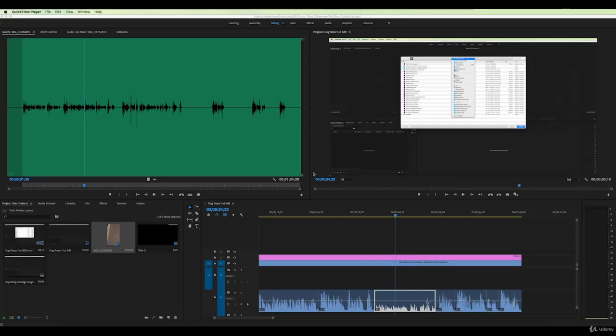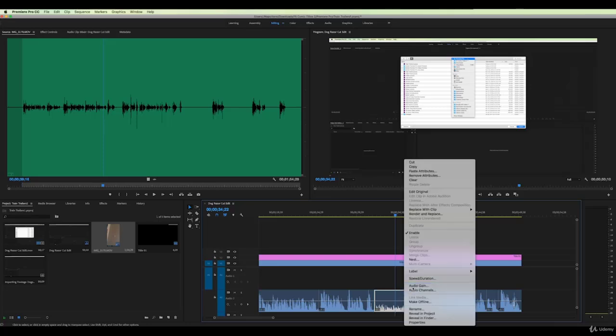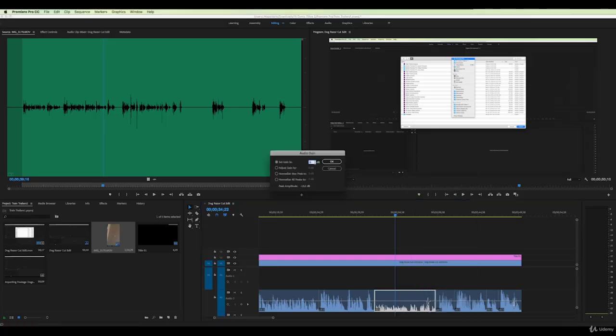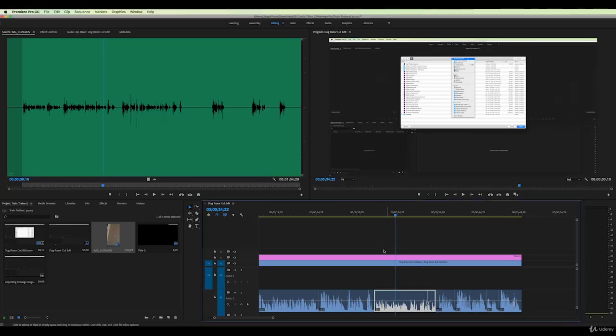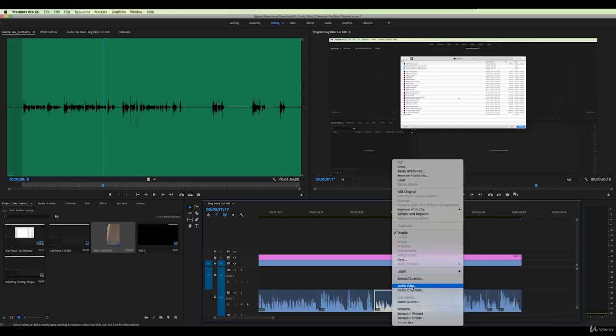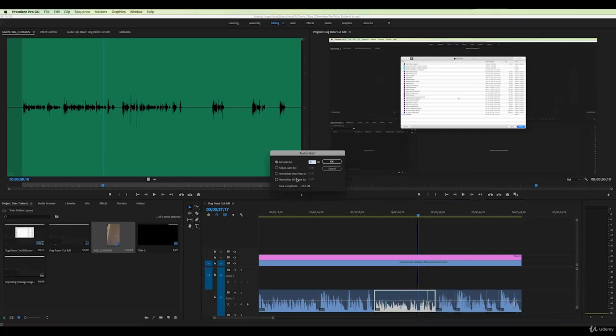Alright, so let's look at a basic audio clip, which is my voiceover on one of the other tutorials. When I record this, I use a lavalier mic, but when it comes in, it doesn't sound real professional. The first thing you want to do is raise the volume. So if you hit the right button on your mouse, you can select the audio gain. And what you're doing is trying to raise the audio level so it reaches the yellow. You don't want to go into the red, but if you look at these audio meters on the right,